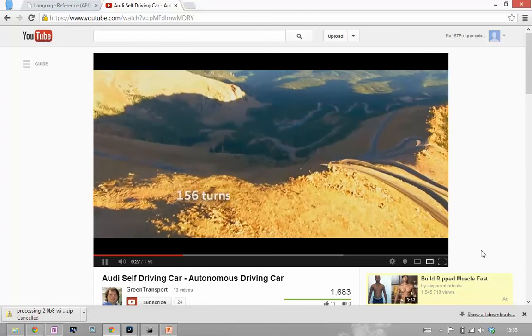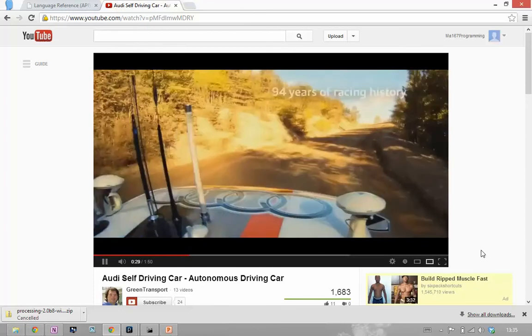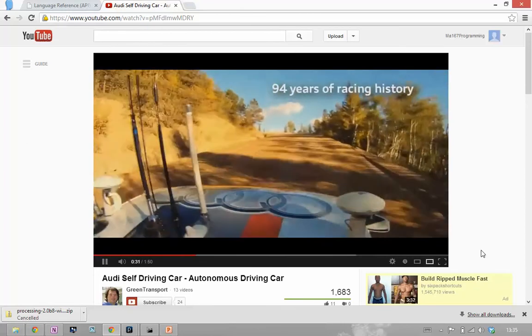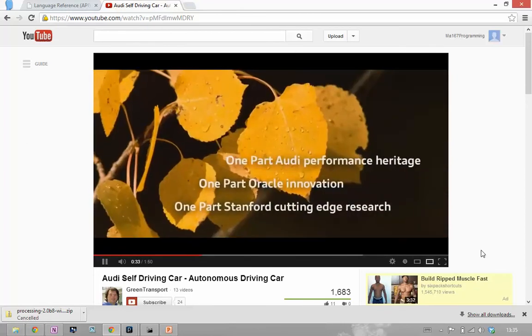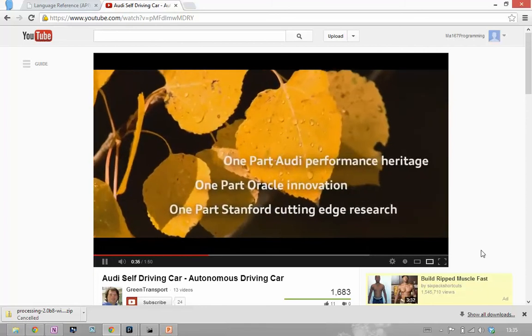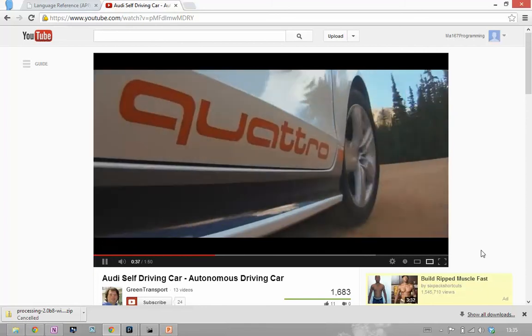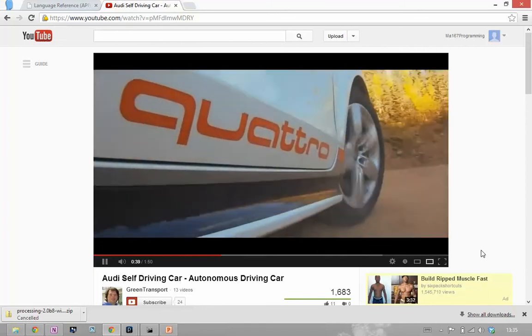So this is Audi's version. Again, I told you that lots of companies are working on this, as well as BMW, Mercedes. It's possible in 25 years you won't be allowed to drive for